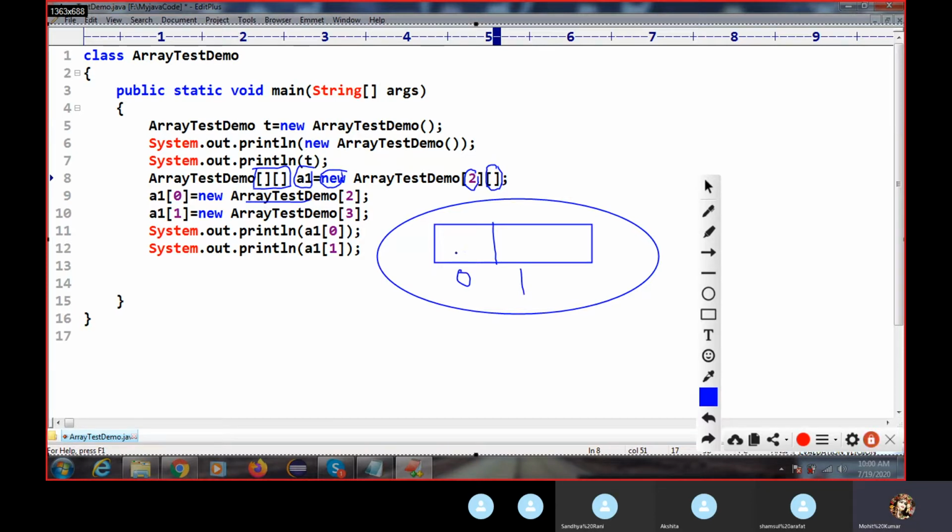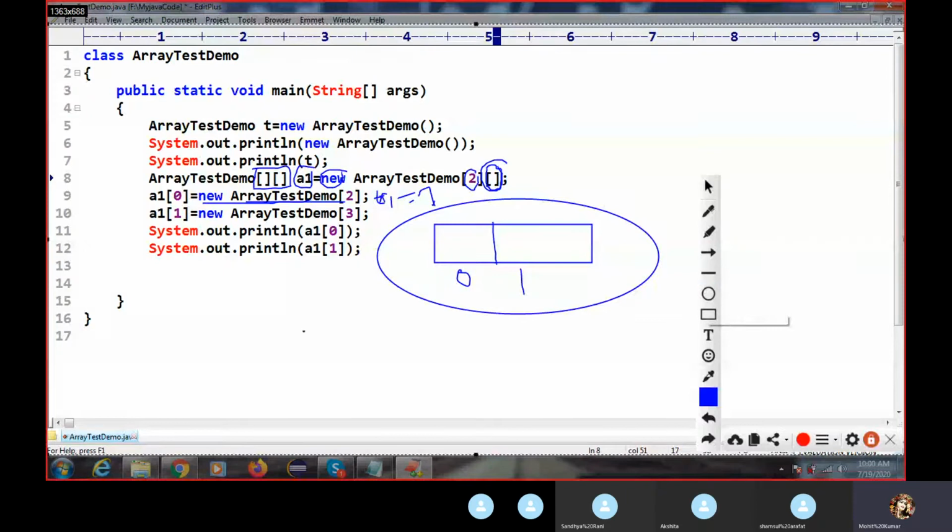In index 1, so this is your reference variable a1. So here we are holding this object. Inside this index 1, we are storing another array, you can see. This one is dynamic. I'm not providing any hard-coded size, because I don't know how many elements the user is going to store here. So how will this value be stored?